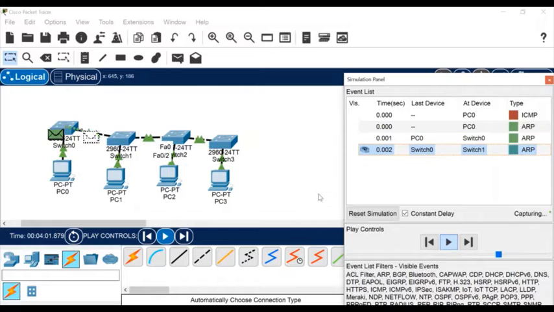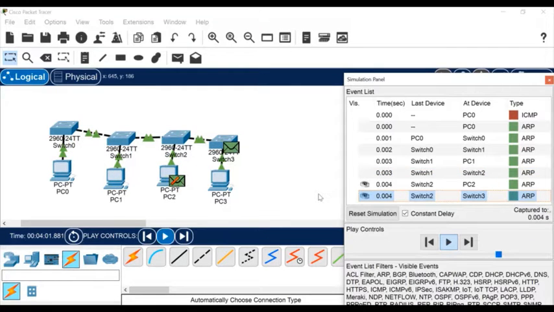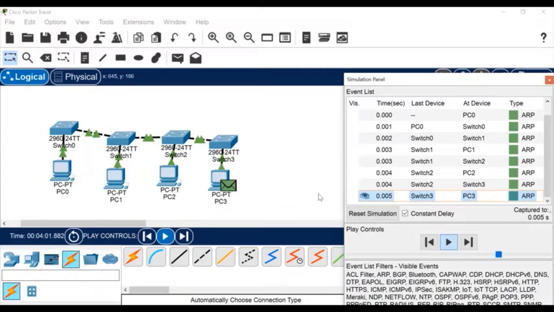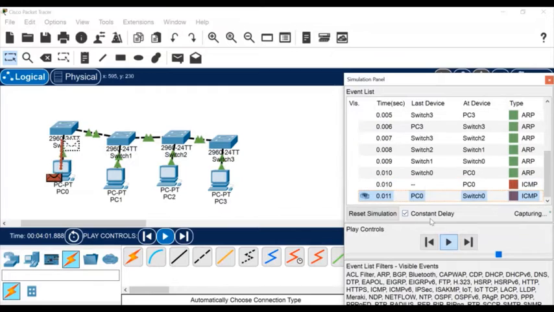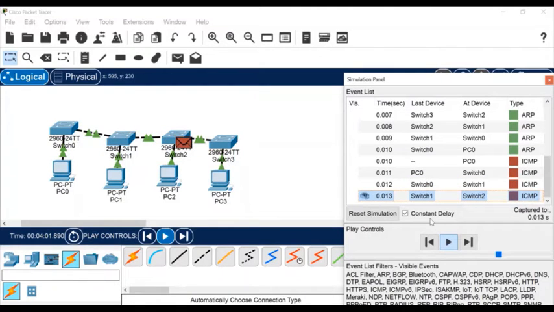Now it sends the ARP packet to know its route and switch first. Initially, it broadcasts the packet to every connection in the switch, and finally, after knowing the route, it creates a MAC table, and then it follows the route in the MAC table. You can see here, initially it was broadcasting. Now it's only going in one path, which is unidirectional. So it will follow that path. In the ICMP packet also, now it won't broadcast anything. It will just go in the unique direction to the destination.